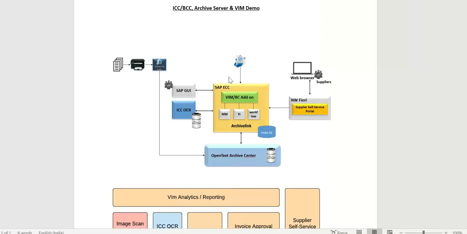So this ECC system will be connecting. This is one way of connecting to my ECC. Another way is, let's say if the customer has given you the GUI access, that user interface, then you can log into SAP ECC through GUI also. And another is the mail. Let's say I have given you a certain email address, that you just send your invoice to this email ID, and we will do the entire processing and